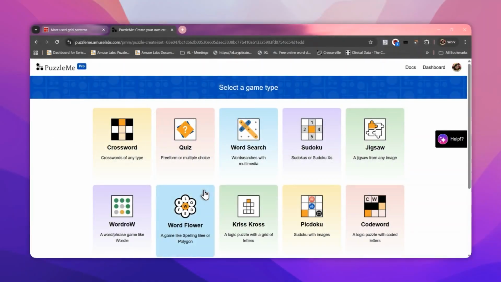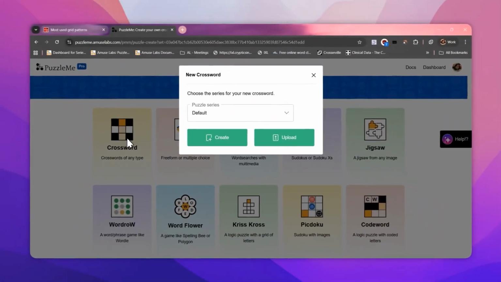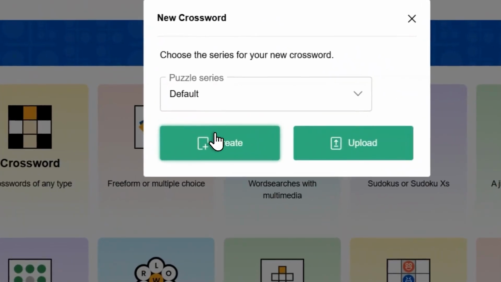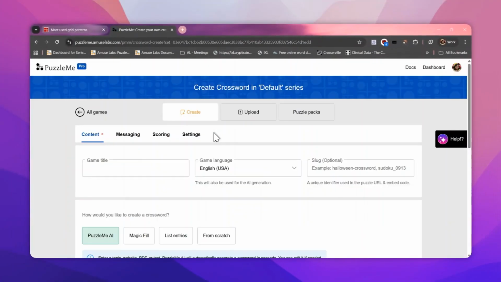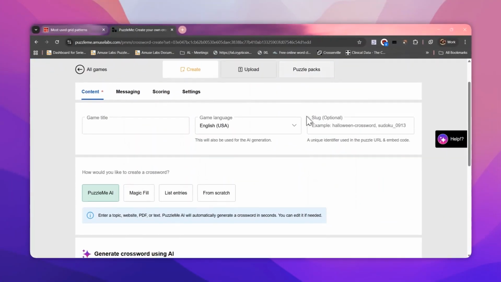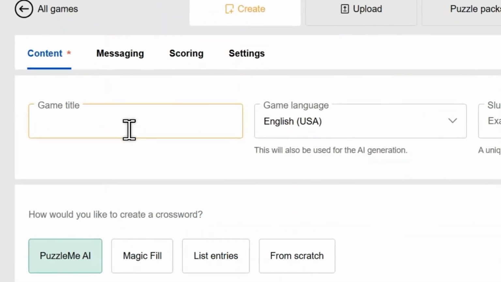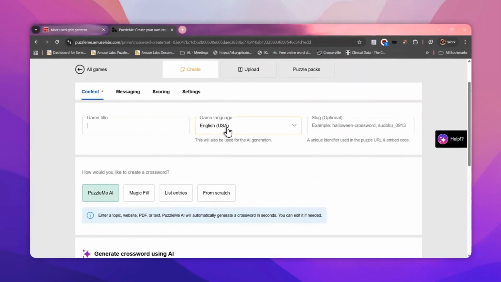Hello, today I'm going to demonstrate creating a crossword using Magic Fill in PuzzleMe. So I press on create game and then choose crossword, which is the type of game, and press create. When you press create, you go to the creator screen where you get to choose some specifications, including the game